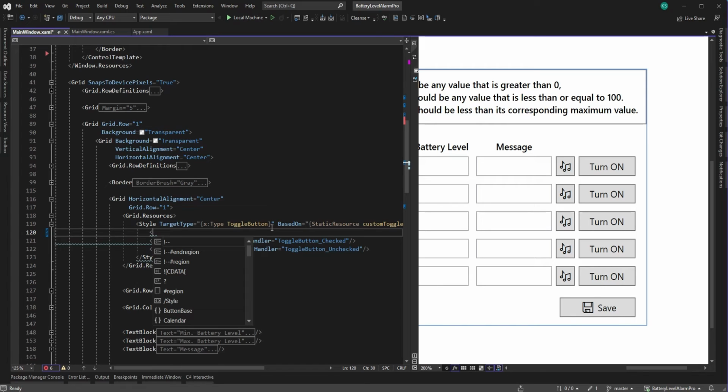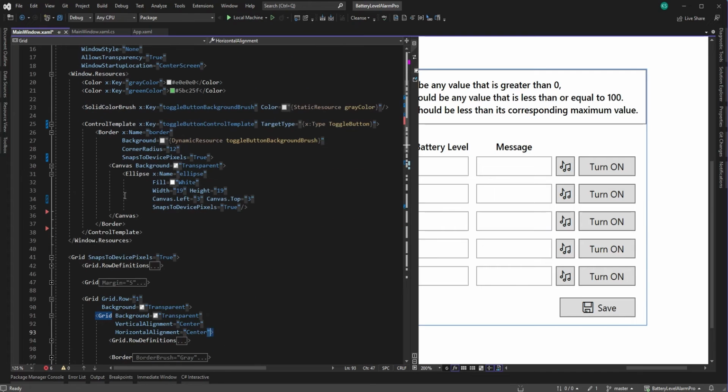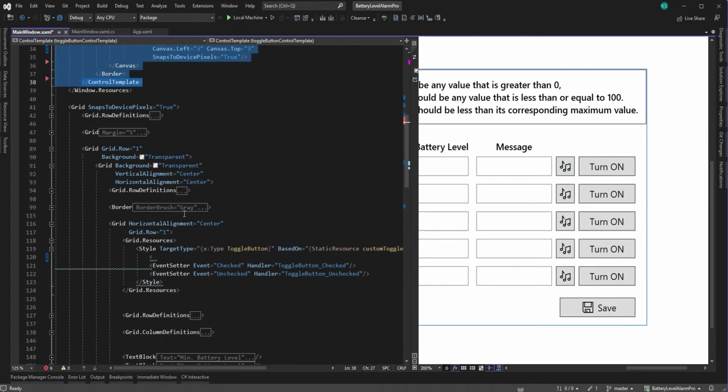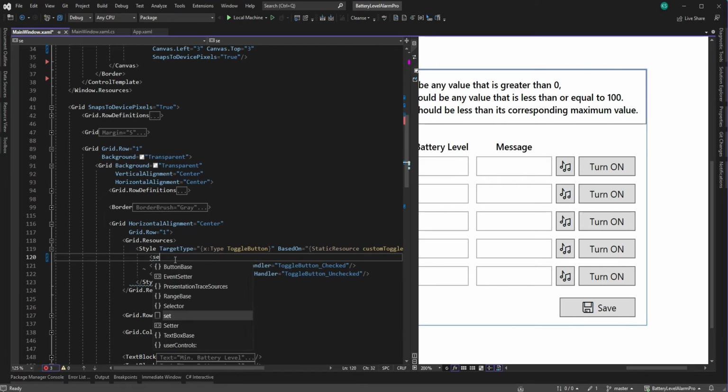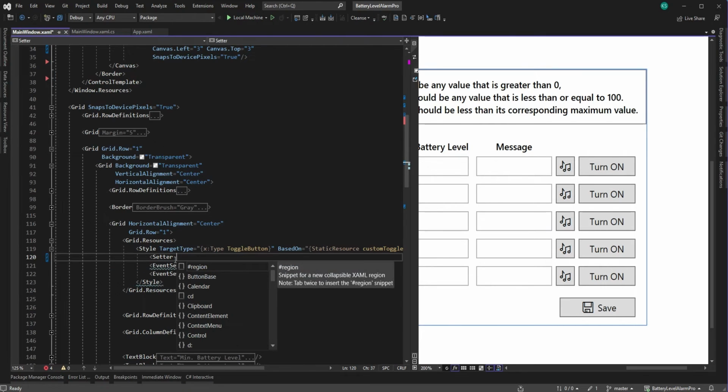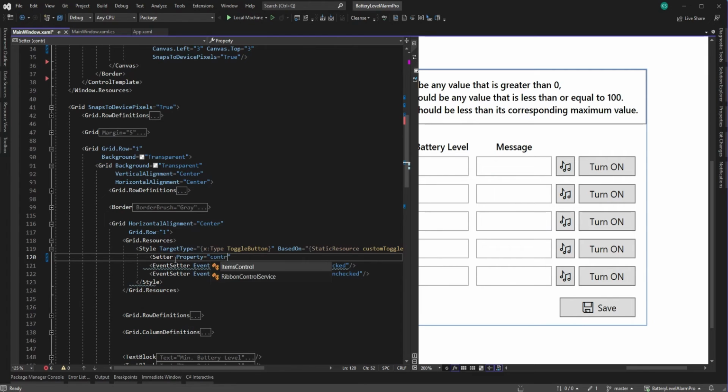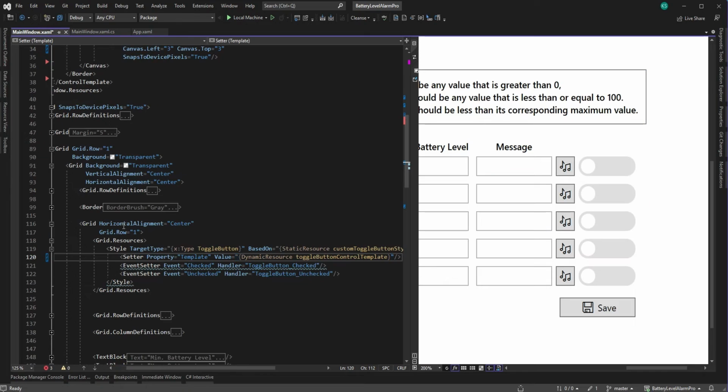So let's assign the control template to this UI. Let's see how it looks. Setter, property, control template, value, dynamic resource, toggle button state. See,